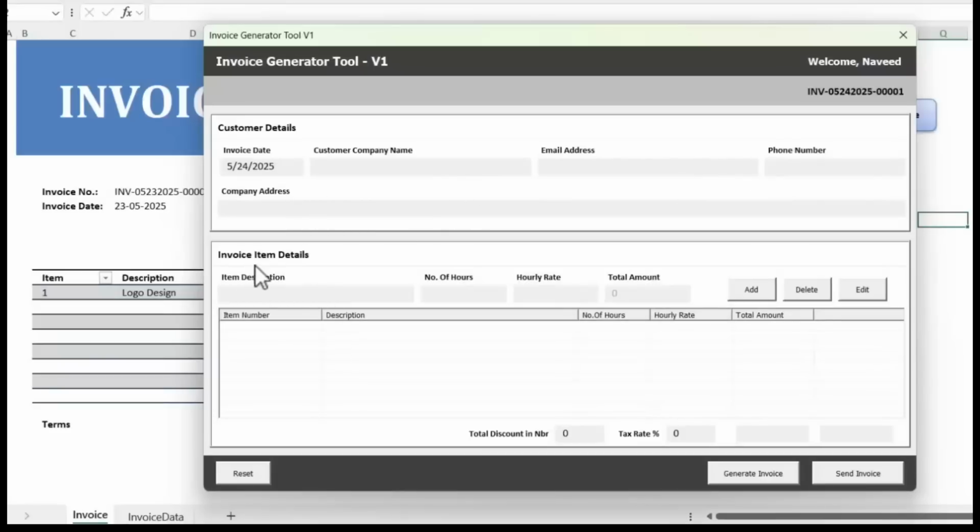And at the bottom, we have the invoice item details where we will enter the item description, the number of hours we spent, and the hourly rate. We also have an option to enter the discount and the tax rate. In the footer, we have the generate invoice button and the send invoice button. Generate invoice will generate this invoice as a PDF and send invoice will send that PDF to the customer. And on the left hand side, we have the reset button to reset the information